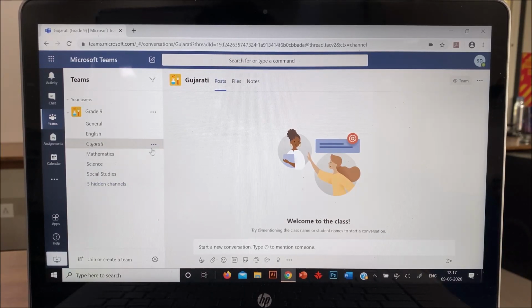So this is how we use Microsoft Teams on a desktop, and once it is done, you can sign out or log off, and then again for the next day you need to sign into your Microsoft Teams account. It is very easy. As you remember, you need to remember your email ID and the new set password.